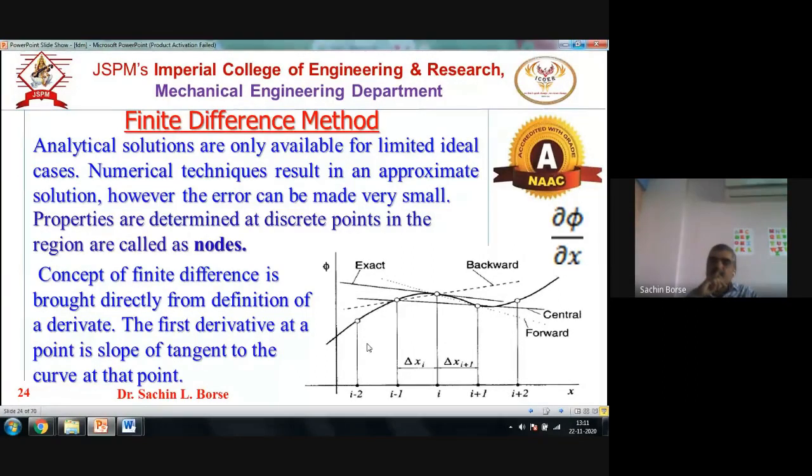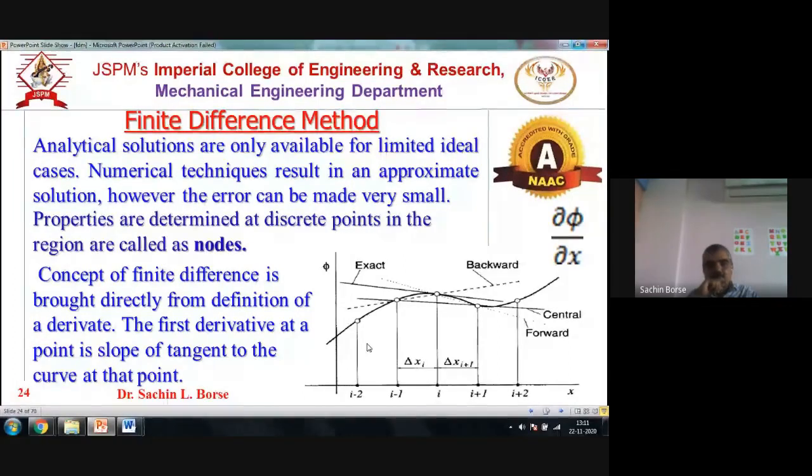Now, what happens for the 1D case? We can find the exact solution. But analytical solutions are not available for every case, and they are only available for limited ideal cases. So what we do is use numerical techniques, which give an approximate solution. And whatever error is there in this approximation, we can minimize by taking very small size elements. So in the finite difference method,